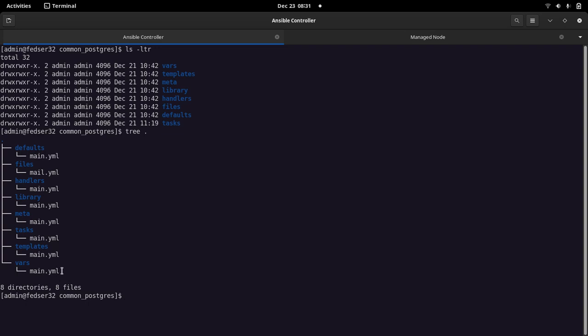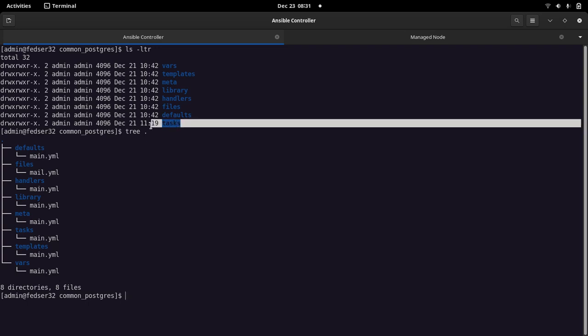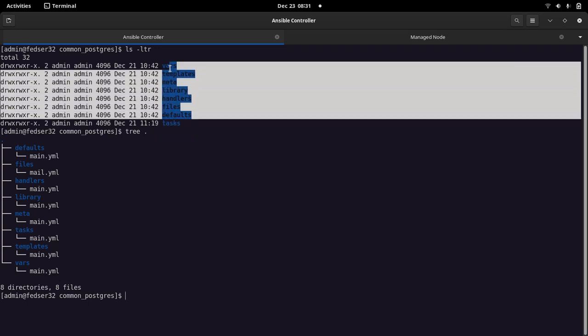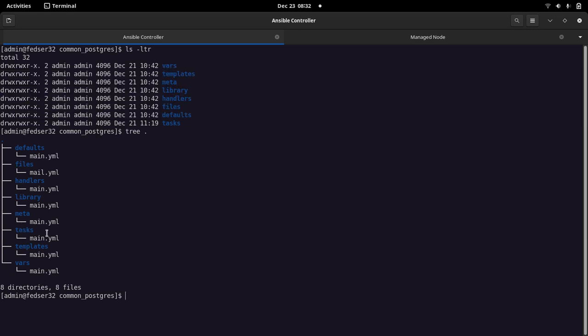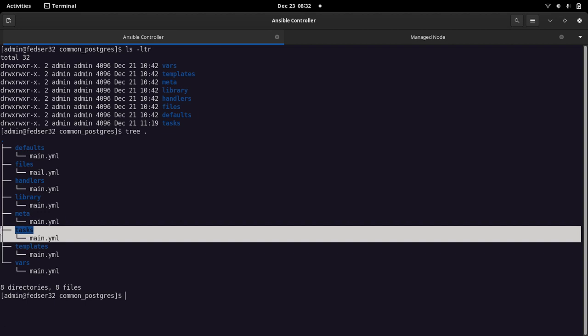But if you are just going to utilize only the tasks folder, there is no need to create all these folders, so you can ignore them. Here I am showing it for the purpose of showing you what all we can utilize in a particular role. So if you are using only tasks, you can create only the tasks folder like this one, and create the main.yaml file.